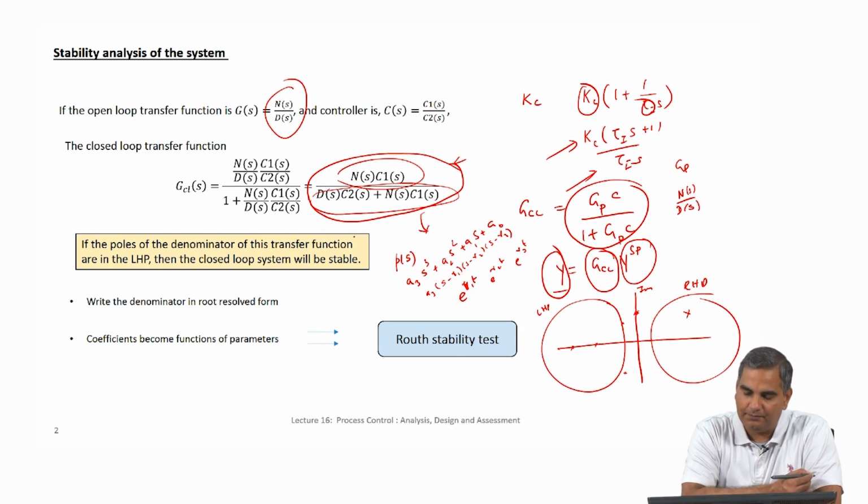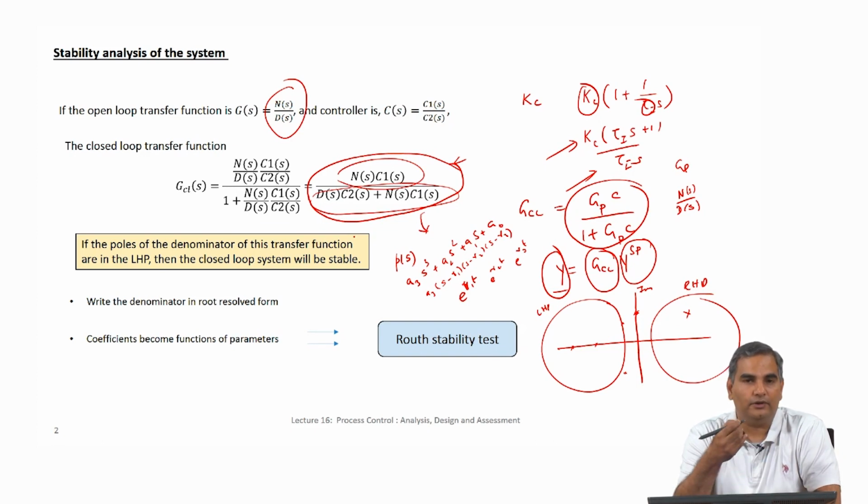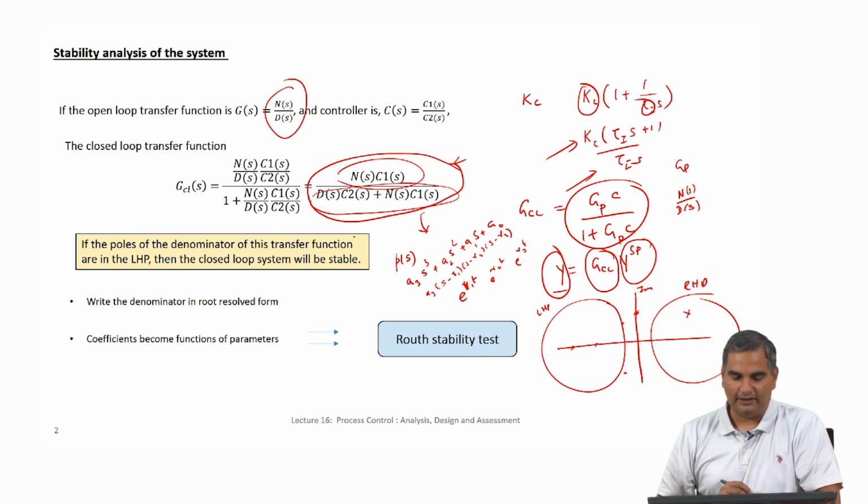But if I flip the question and I ask, okay, I have k_c, tau_I and tau_d as parameters themselves, you tell me for what values of k_c, tau_I and tau_d the system will be stable. So, there is a subtle difference here, right. What I am asking you to do now is, I am not going to give you values for k_c, tau_I, tau_d, but I want you to tell me what are reasonable values, or what are values for k_c, tau_I, tau_d that will still keep the system stable. Okay. So, that is a very different question than what is the stability of the closed loop.